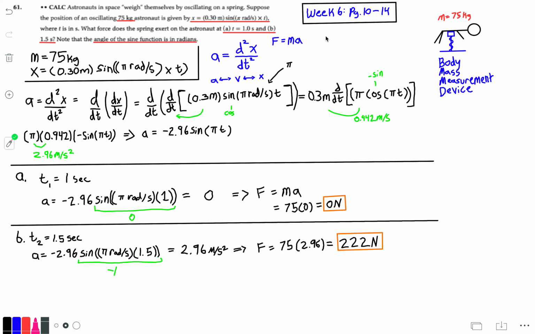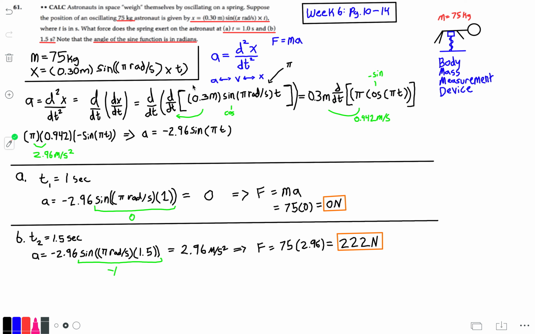So some of the constants in this problem, we have that the mass of the astronaut is 75 kilograms, and we're also given this function right here for the position of the astronaut. So we can remember here that acceleration is equivalent to the second derivative of position. So here we have our given, and we also need to remember Newton's second law, force equals